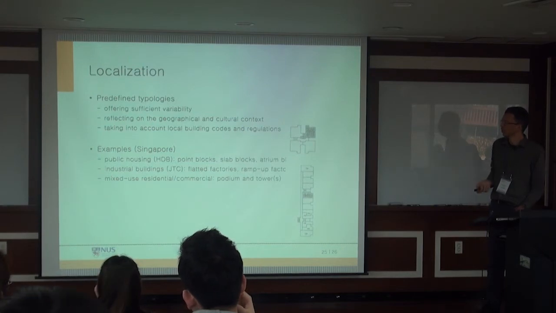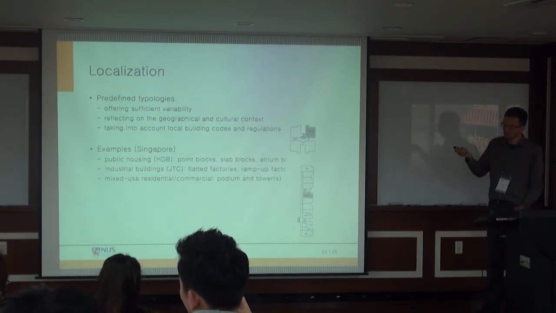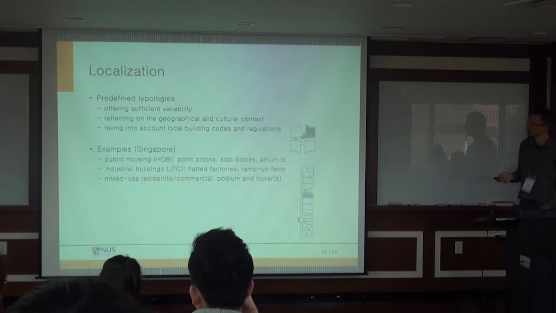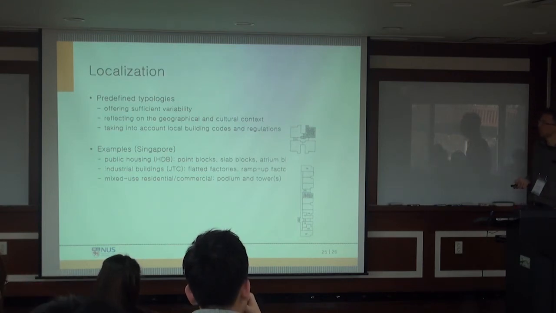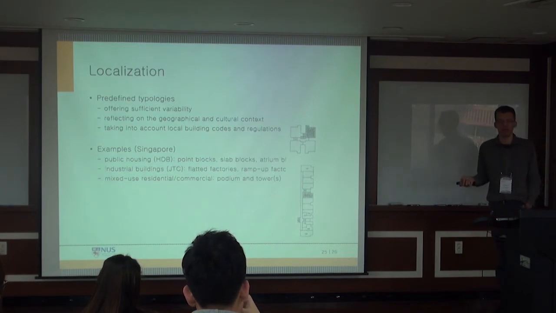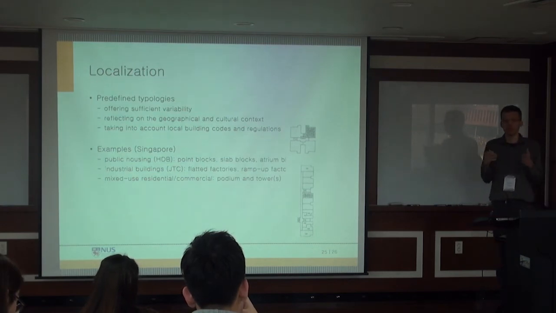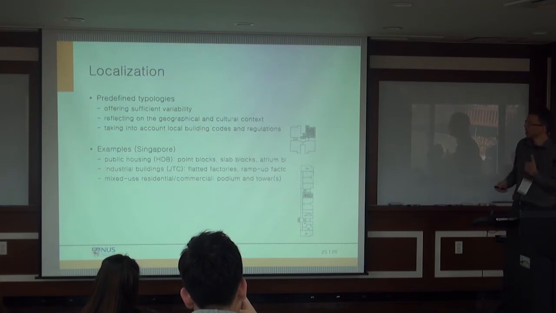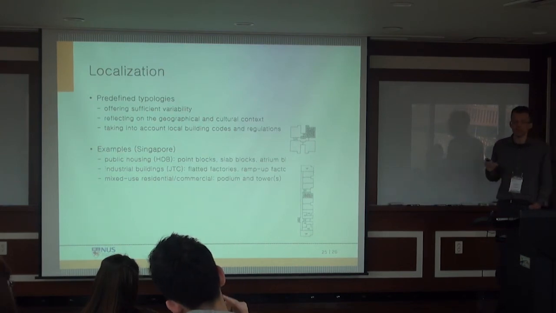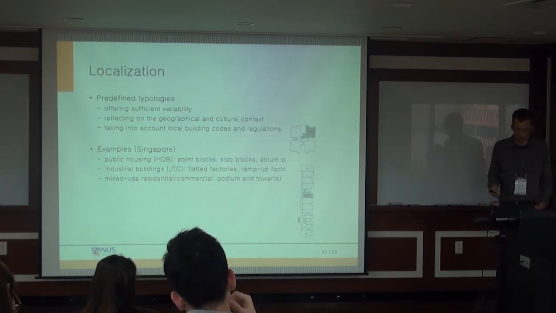Even for industrial buildings, JTC is the agency that develops all industrial buildings. They have things like flatted factories, ramp-up factories. Again, there's a lot of similarity between these, because they really focus on what works, and then just keep developing these until they find the improvements. But even for mixed use, let's say residential and commercial, podium and tower is a very prevalent